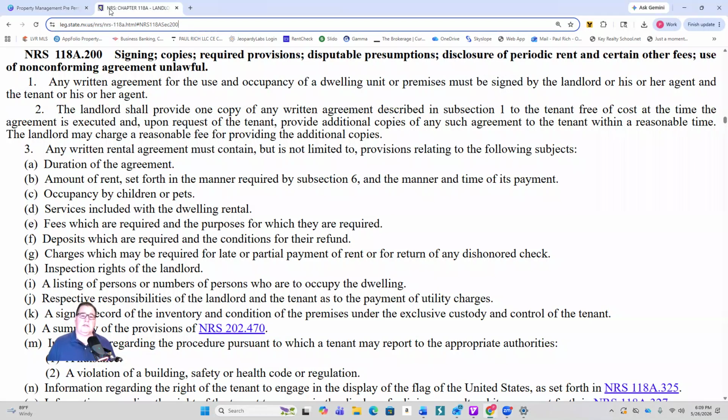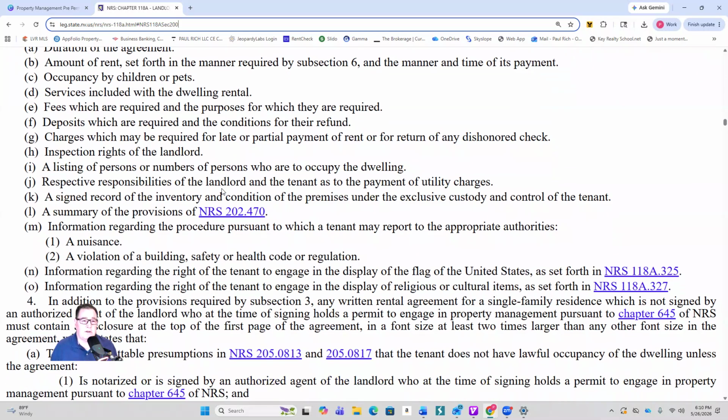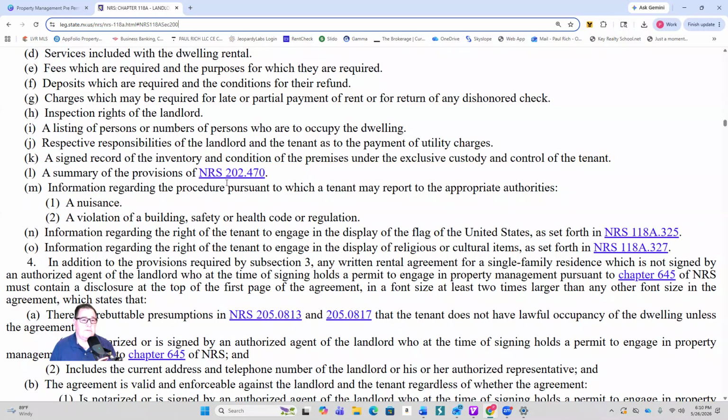If you look at NRS 118A.200, it says that any written agreement must be signed by the landlord or his or her agent, or the tenant or his or her agent, and the landlord must provide one copy to the tenant free of charge. It has to have the following things: the duration, the amount of the rent, the occupancy by children or pets, the services that are included, the fees that are required and the purpose for what they're required, the deposits that are required and the conditions for their refund, the charges that will be for any late